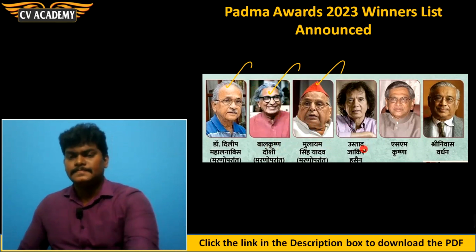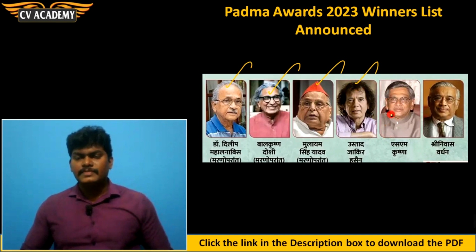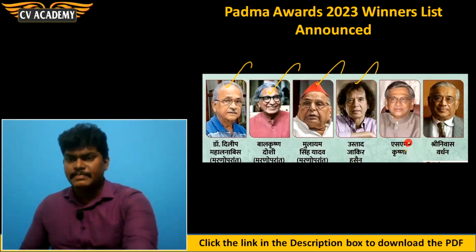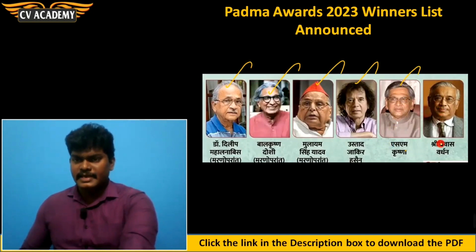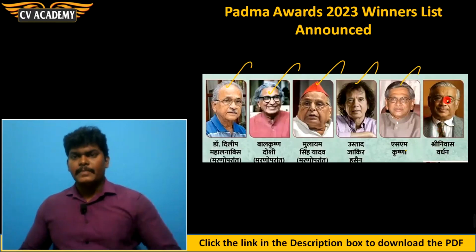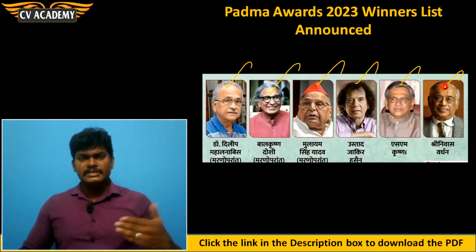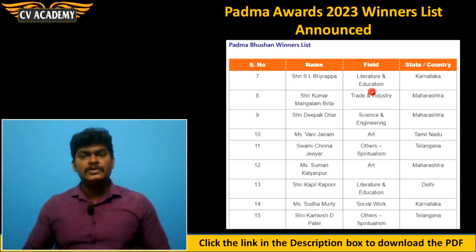Then Zakir Hussain in the field of art. For him also the Padma Vibhushan Award is given. Then S.M. Krishna, in the field of public affairs. For him also the Padma Vibhushan Award is given. Then Srinivasan Vardhan in the field of science and engineering. For him also the Padma Vibhushan Award is given. So, for this year, 6 people are chosen for the Padma Vibhushan Award and 9 people are chosen for the